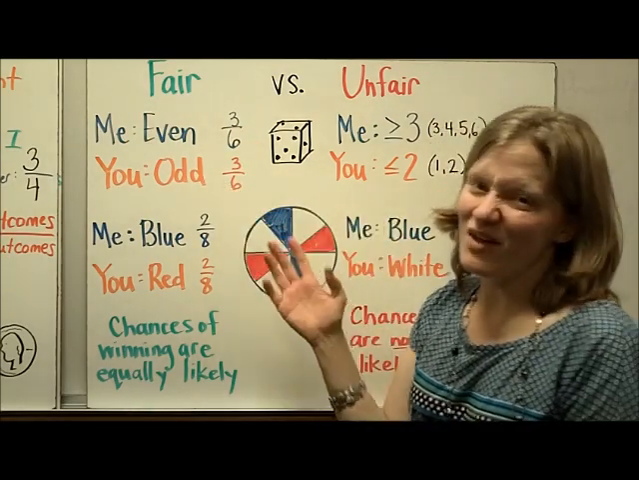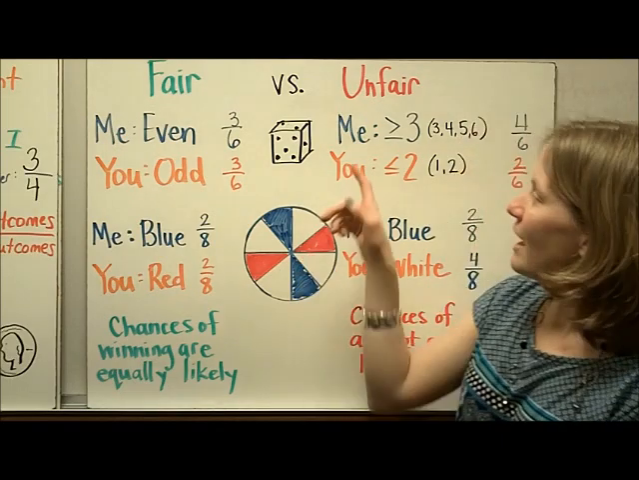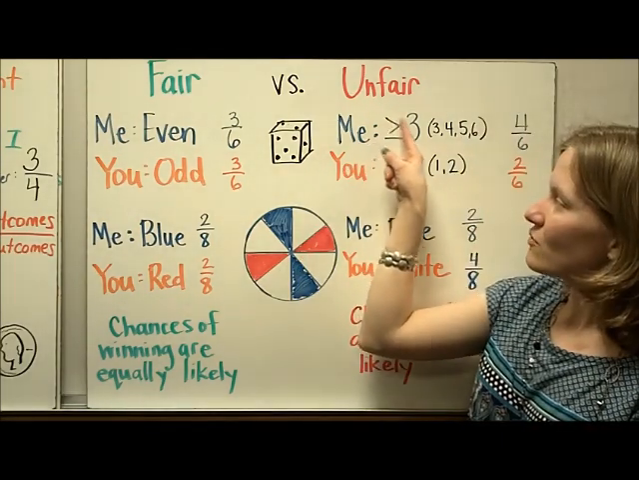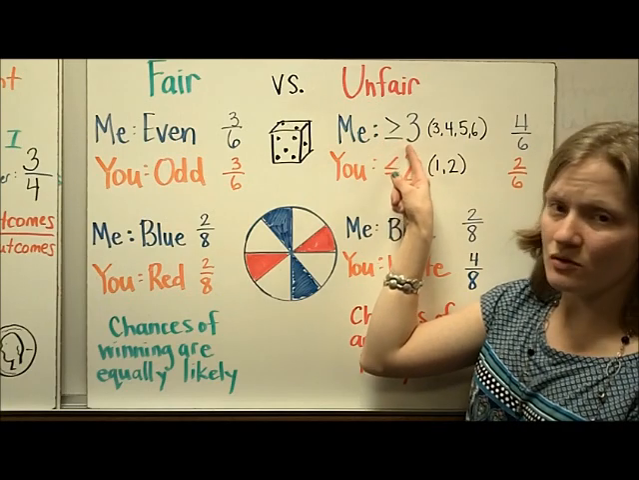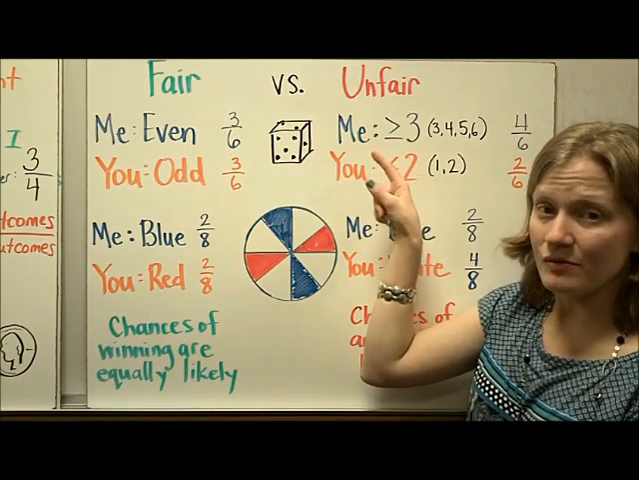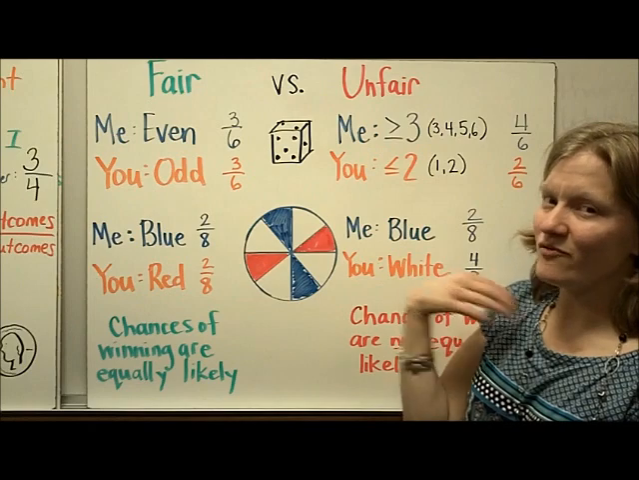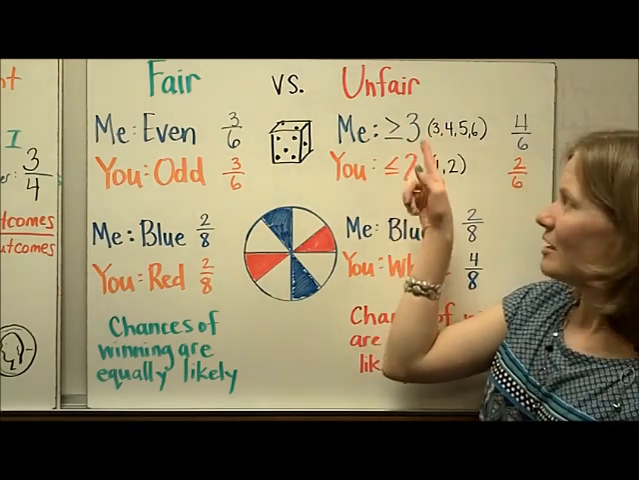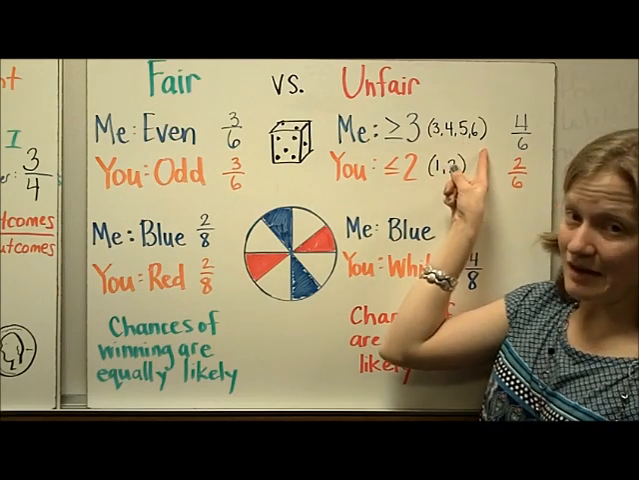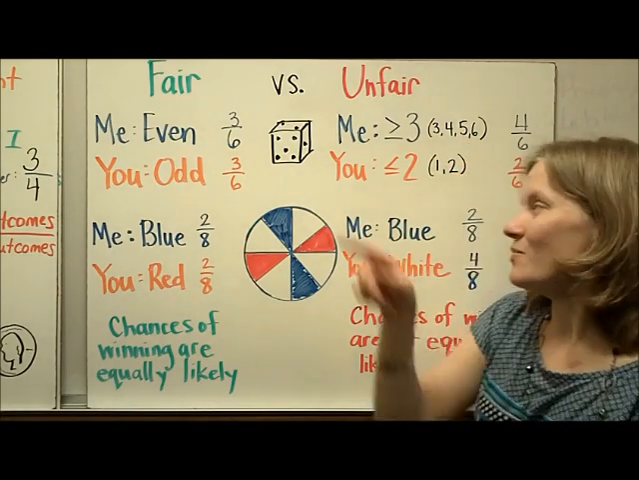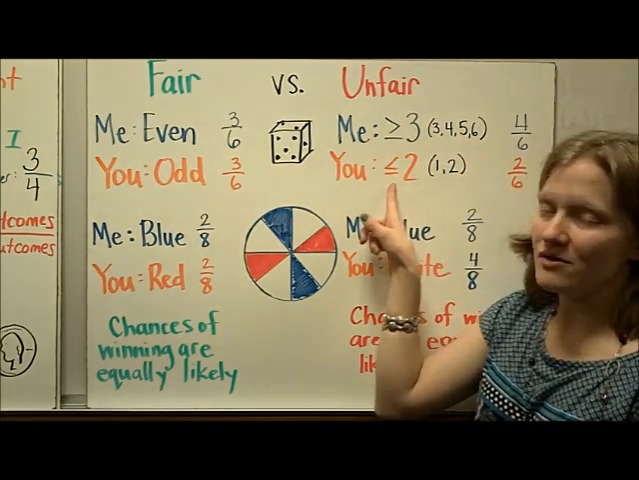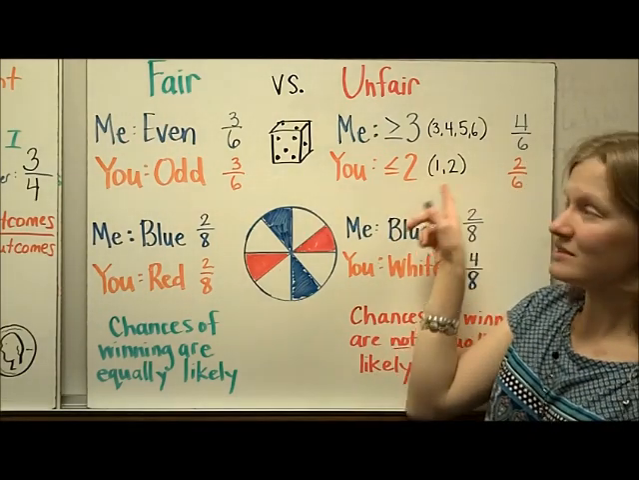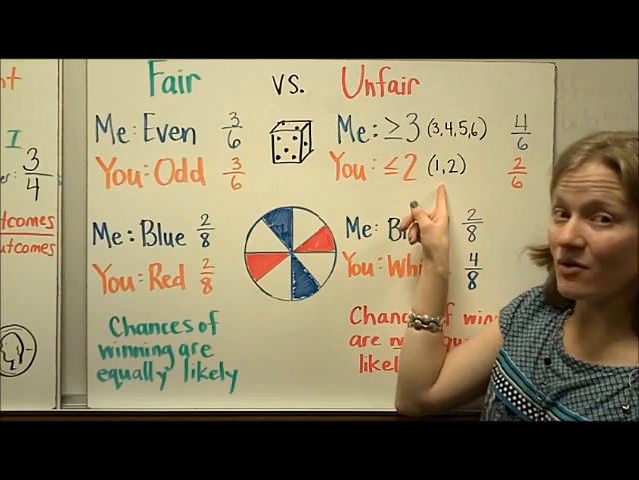On the other hand, if I said, okay, here's the rules to our new game, I'm going to get a point for any number, and this symbol means greater than or equal to. When the sign is underlined, it means also equal to. So I'm going to get a point for any number that's greater than or equal to 3. So in other words, I'm going to get a point for 3, 4, 5, and 6. You're going to get a point for anything that's less than or equal to 2. So you're going to get a point for 1 and 2